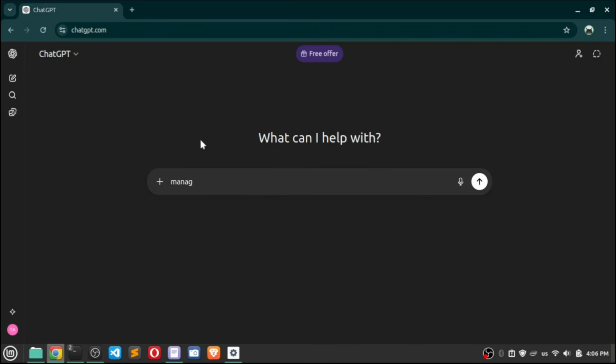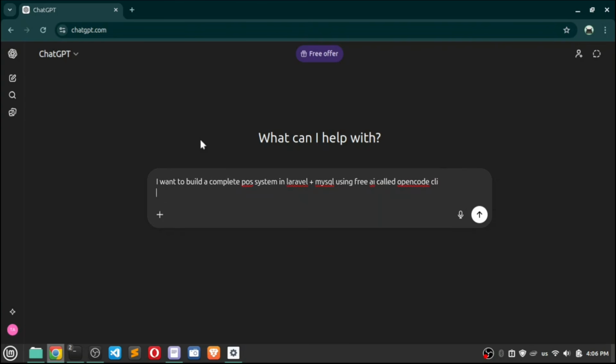I'm going to say here that I want to build a complete POS system using, I'll say, Laravel plus MySQL using the free AI core OpenCode CLI in Linux. You may mention Windows here. I need a professional prompt so that it creates the whole project for me. I don't have to do any coding,